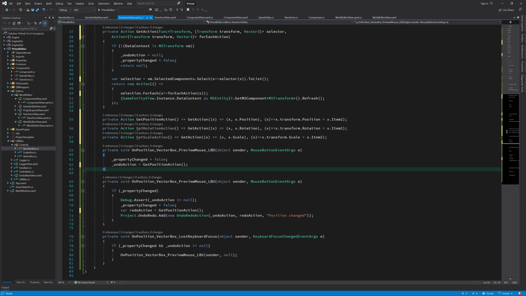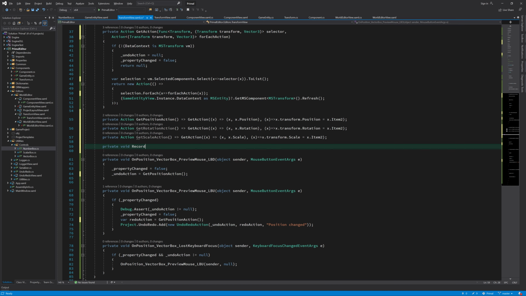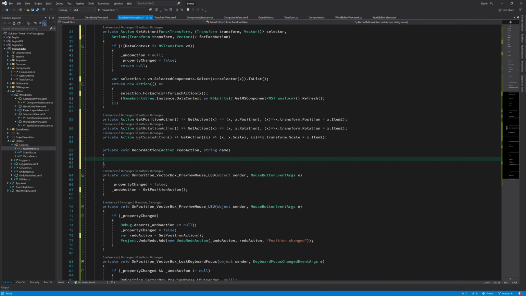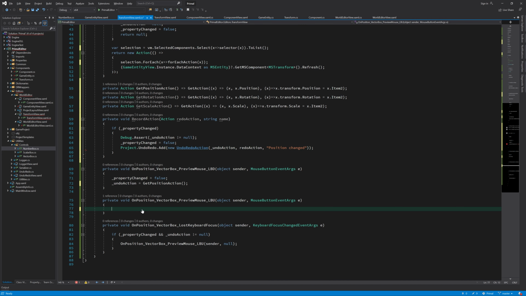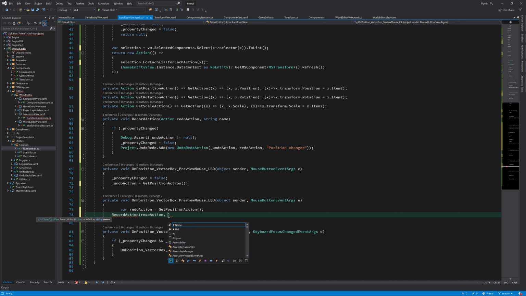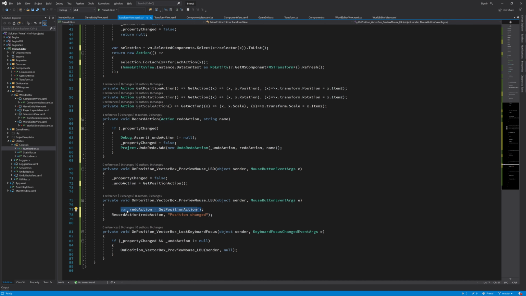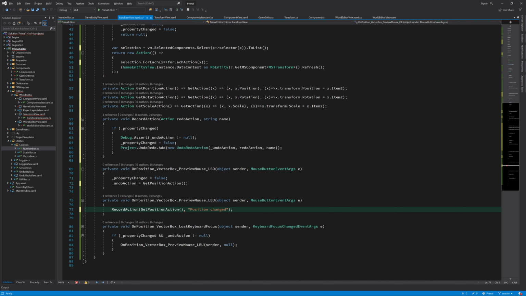Finally, I can even factor out this part so we can reuse this as well. For that, I'm going to write a new method that's called recordActions. And I can just move this here. And I don't even have to use this local variable. I can just call getPositionAction directly here, and that's it. And this makes it very easy for us to implement these two methods for rotation and scale